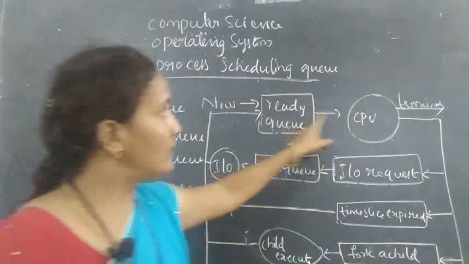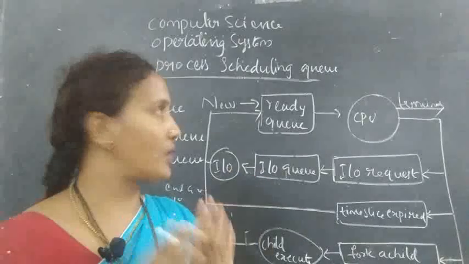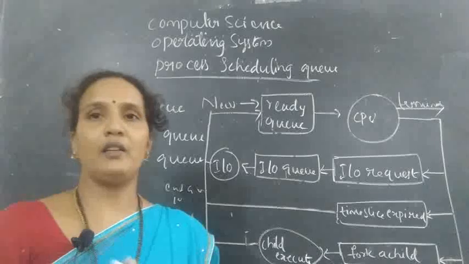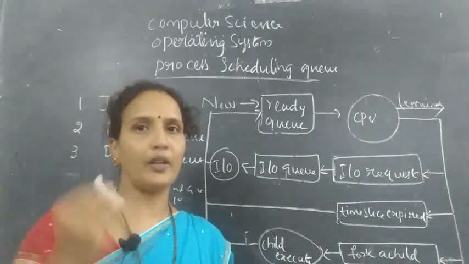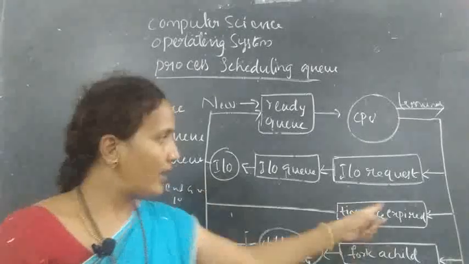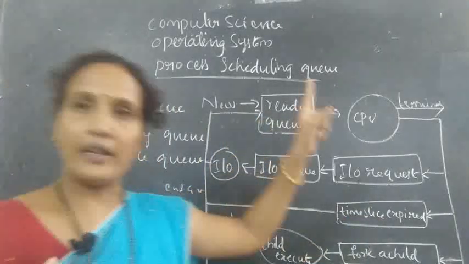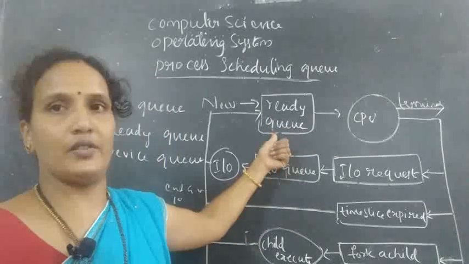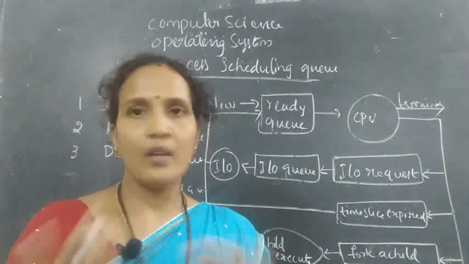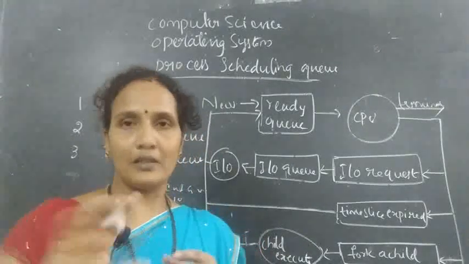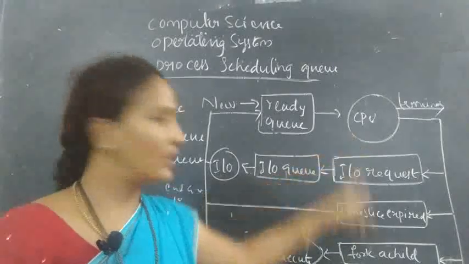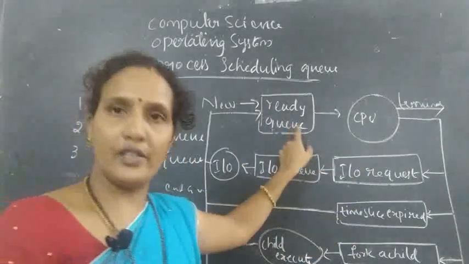Second one, the process is running on the CPU. Meanwhile, the time slice expired. Whatever time was given for that process has expired. Again, the process will move from the running state to the ready state. For example, I am waiting for a student. I have given process time to one student, but he didn't come. So what happened? The time slice expired. Now I have given time to a new student, and the old student will be in the ready state again.